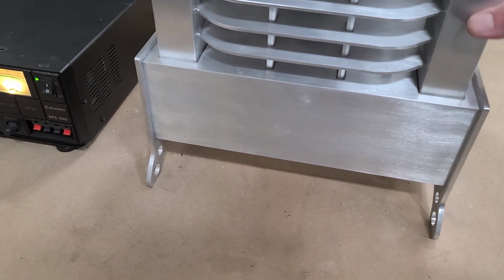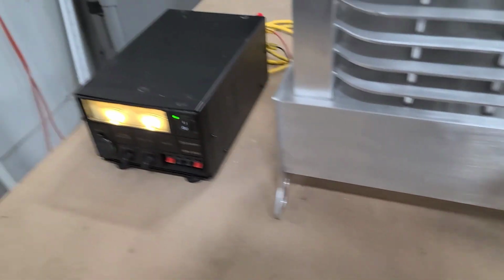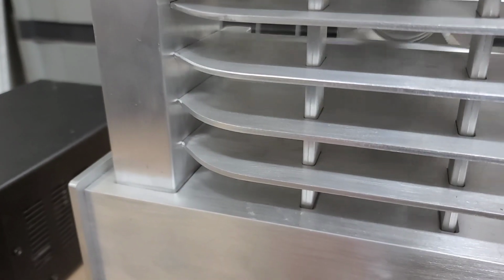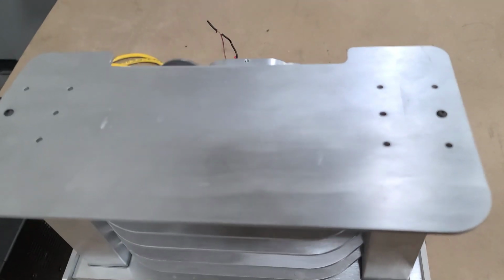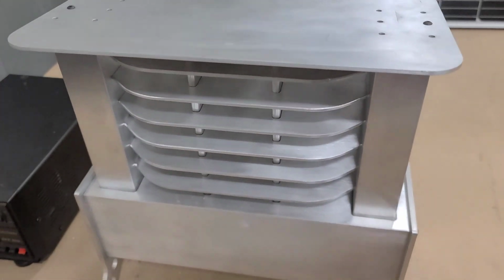There's a hole underneath these tubes so that the air can flow up the tube, and then the fins are in slots, so the fins extend into the center of the tubes. And I'll take off the top in a second and show you. It's still a work in progress, guys. I just have 2 screws holding it down,